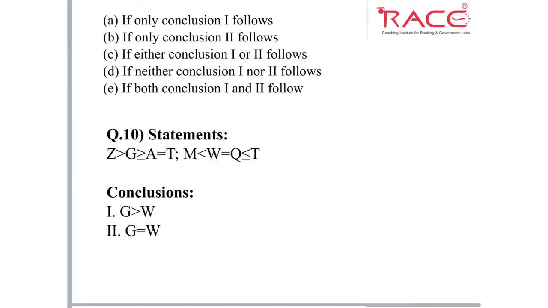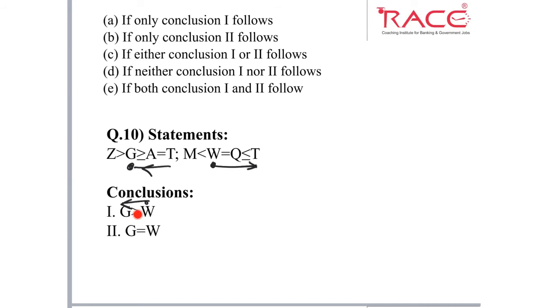So this is the last question of this type. We have G and W, and what is the relation between W and G? G greater than W. So we will move from W to G. Where we have W in the second statement, and G is in the first statement, which element is connecting the first and second statement? T. So I will move from W to T and T to G. From W to T we have open face in the direction of the arrow. From T to G we have open face again in the direction of the arrow.